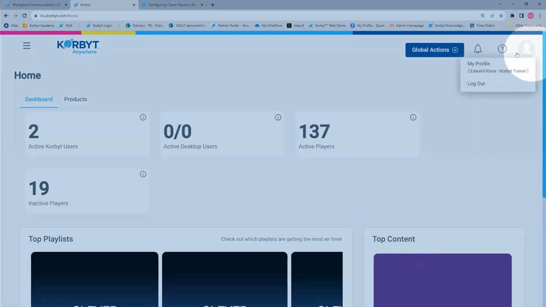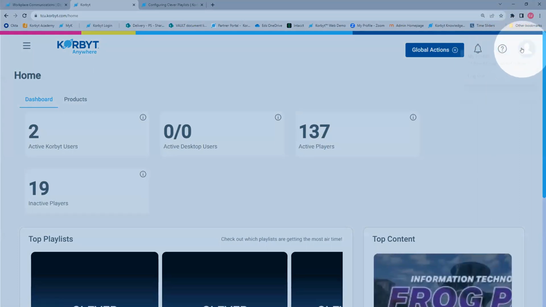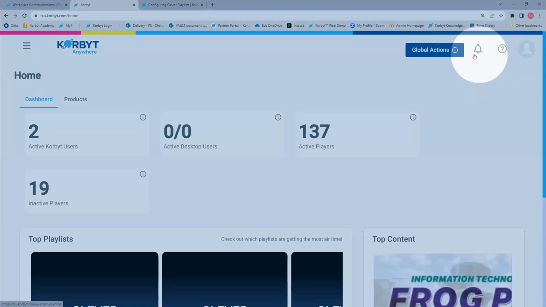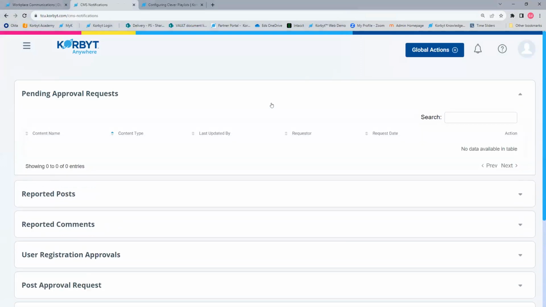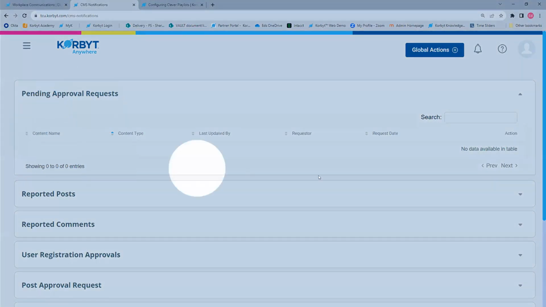The user ID in the upper right-hand corner, if you're a content approver or a content author, is where you can manage your own profile or log out of the system. There's a notifications section. If you are a content approver and you have content authors that work under you and they have to request approval for things to be published, those requests show up here in the system.